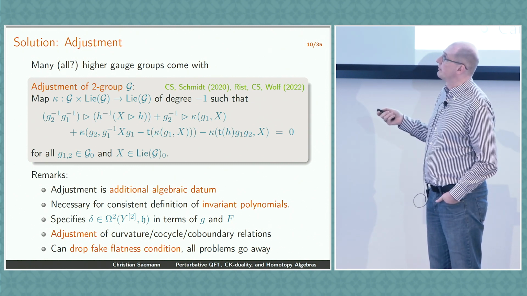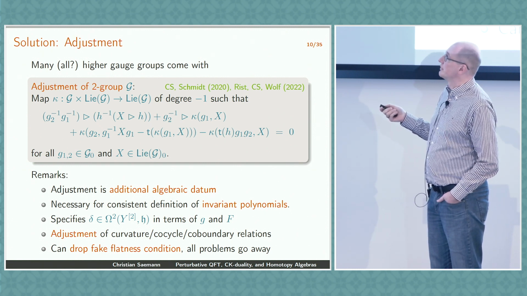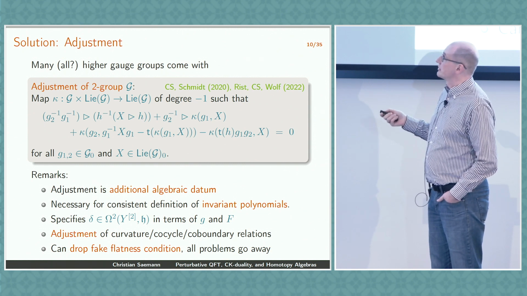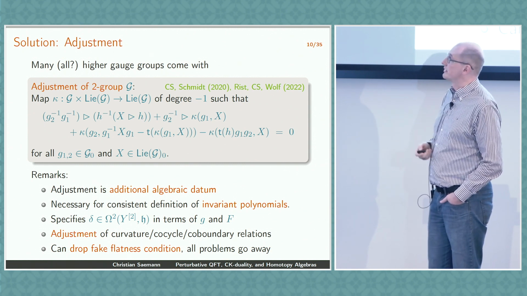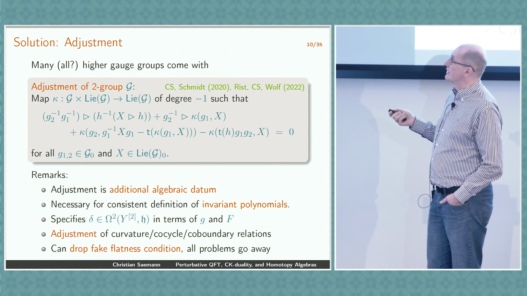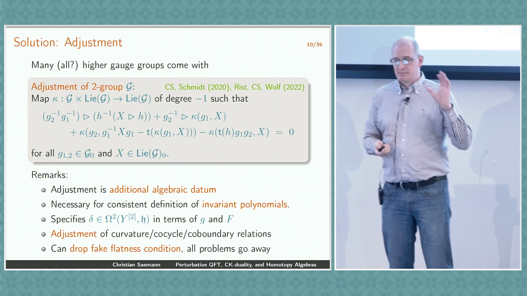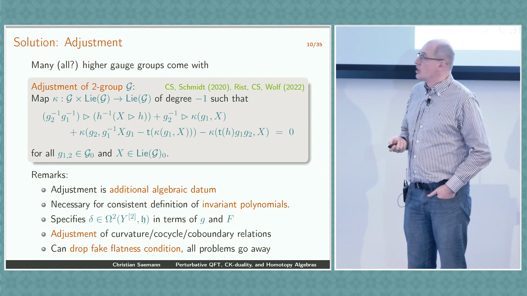So that's a map from this 2-group and the Lie algebra of this 2-group, or the Lie 2-algebra of this 2-group, into the Lie 2-algebra of this 2-group. It satisfies a particular condition which we are currently studying further. So that has some interesting properties, but we are not completely done with it. And if you have this map that satisfies this condition, you can actually change